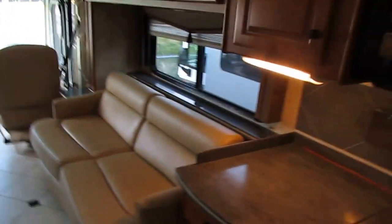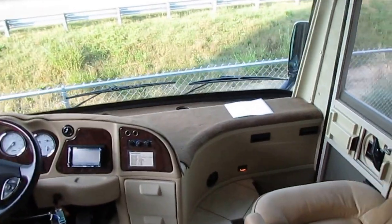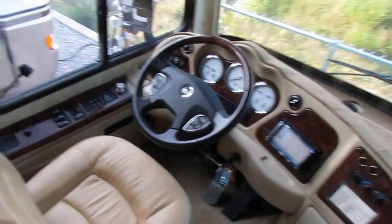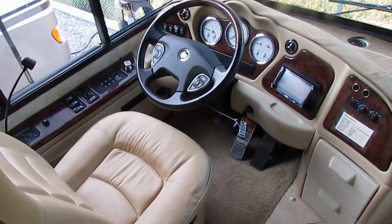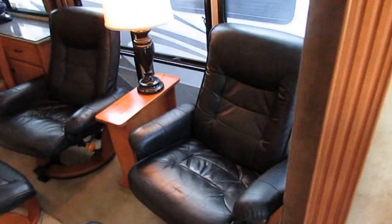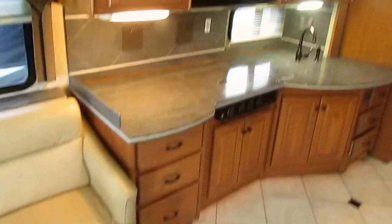If you want to fly in, this is a deal, folks, that somebody's going to fly 2,000 or 3,000 miles to buy. It's that far under book that you can easily justify traveling from Canada or California or Alaska or any place like that to buy this motorhome. You can fly here, take it home, and still save $30,000, $40,000 off what it's worth. That's a chunk of change, folks. You could take the money you're saving on this and buy another diesel motorhome if you wanted to. It's crazy that you can buy this in this nice of condition for under